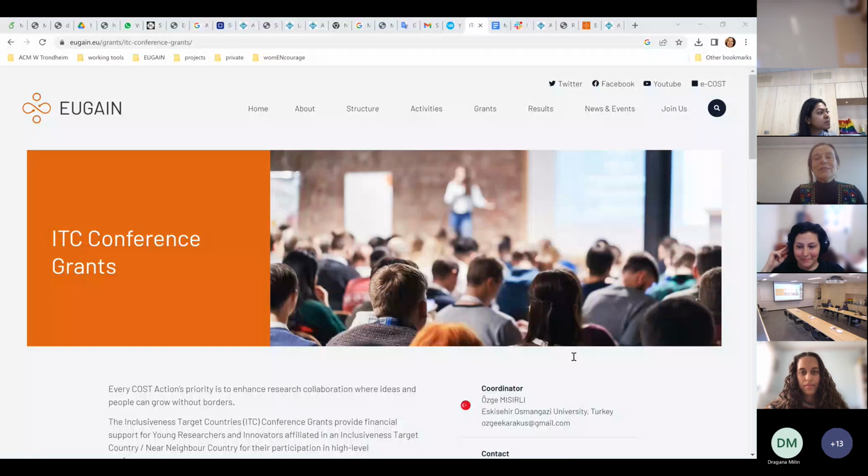There is a question in the chat from Milana, and I really sympathize with that question because it's the same I had the first time I was looking at the ACM Women Conference some years ago. What is the difference between the abstract and the poster? I think you explained well, Shruti, but the first time is quite confusing, so if we can explain it once more, that there are two different things.